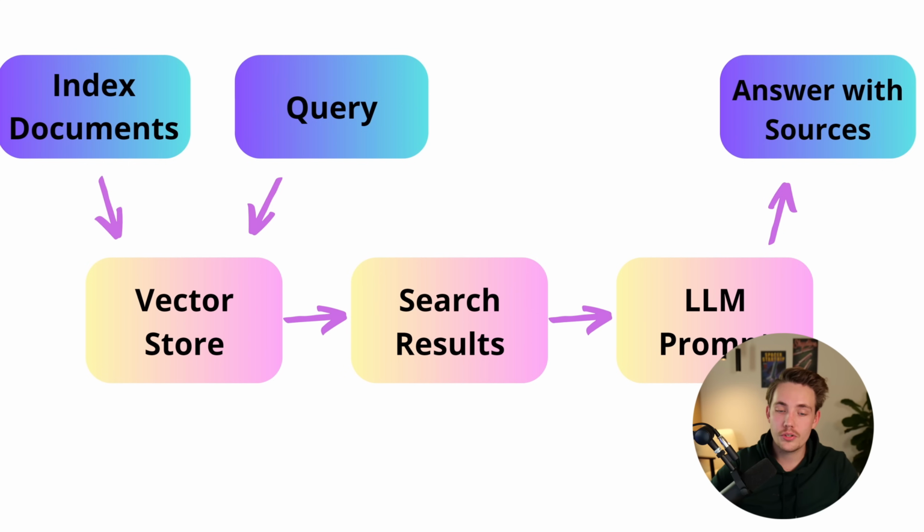By using our vector store, we can search for specific results in our document based on the prompt. So we embed our query and also our documents so we can create our vector store, generate the search result, throw that into a large language model prompt as you're familiar with, and then we get an answer also with the sources. So now we're basing our answers on factual information that we have fed into our system, and also with the specific sources where the model found that information, so we can fact check